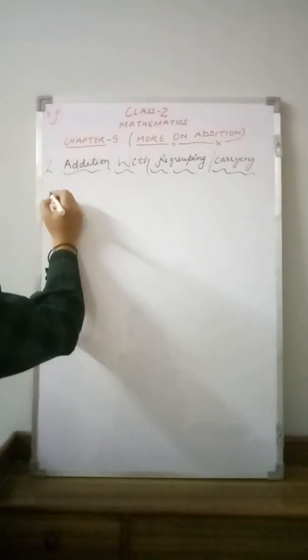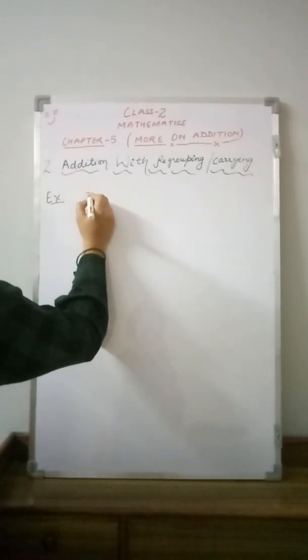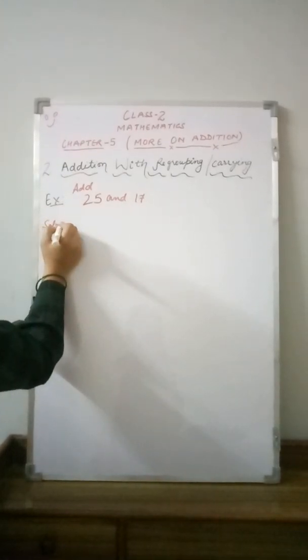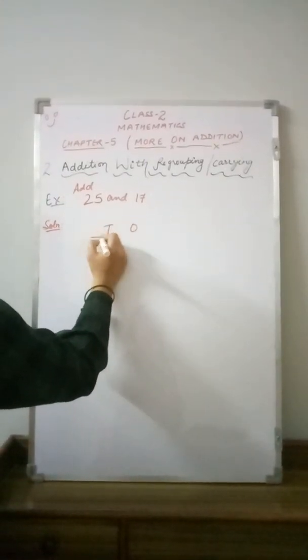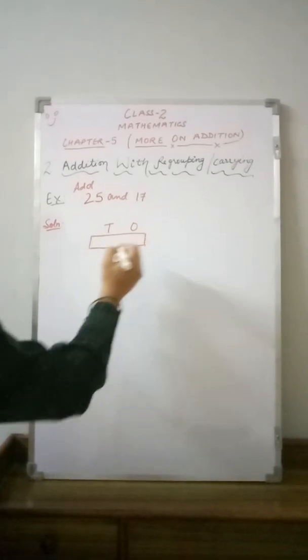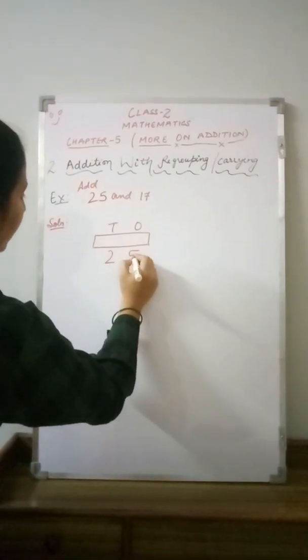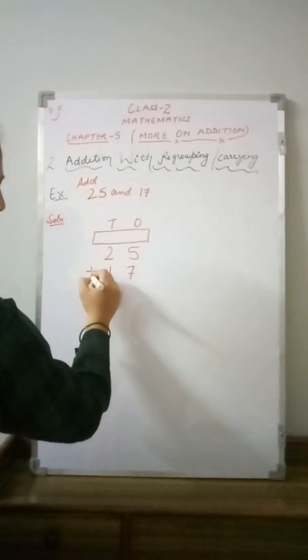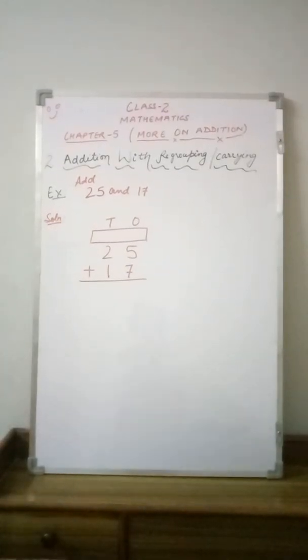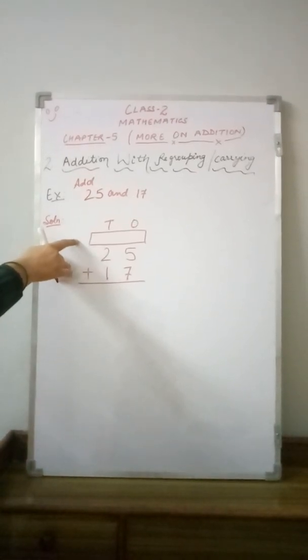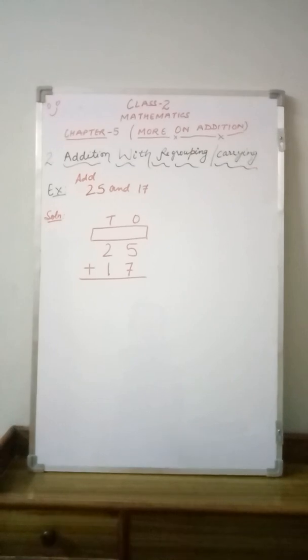Let's take one example. Without an example, the methods are not clear to everyone. The example is: add 25 and 70. So first of all, what do we have to do, students? We have to write the places, because in these two methods we have to write the numbers in column form. Column-wise, first we write the numbers, and then we start adding from the ones place. This is called column form. Place values are also there, and make one line, leave one line, make a box here just to carry a number, or when we regroup we need this box.